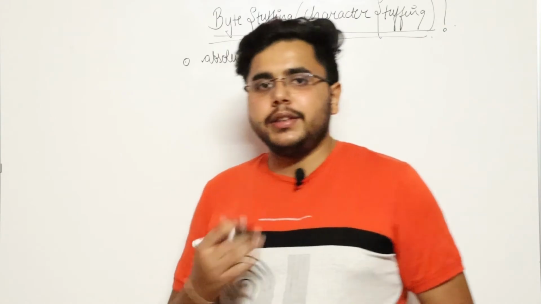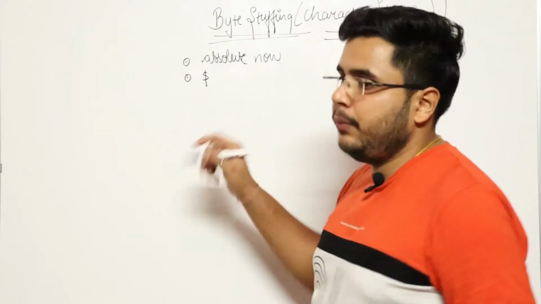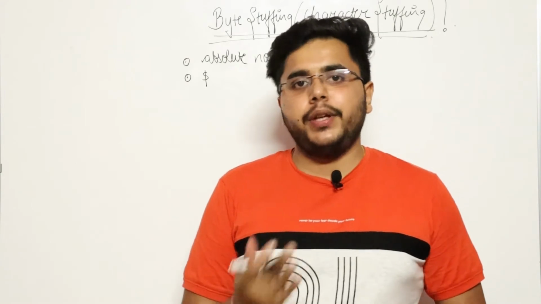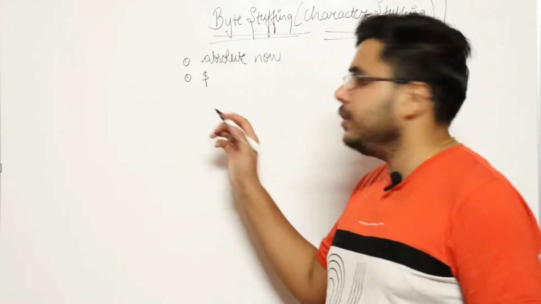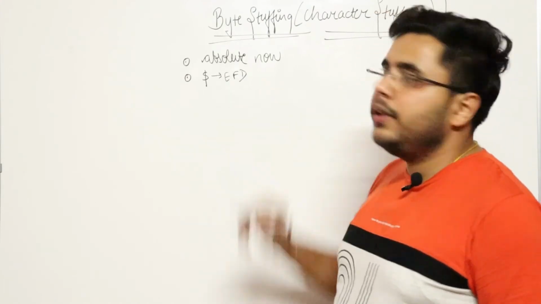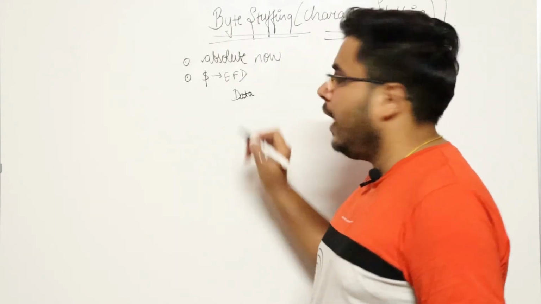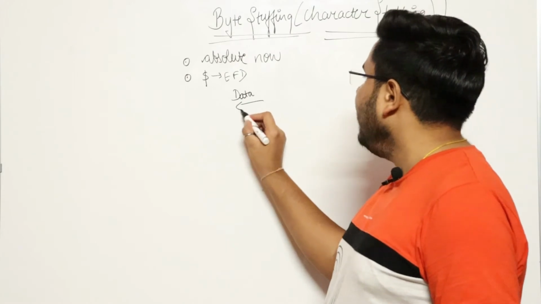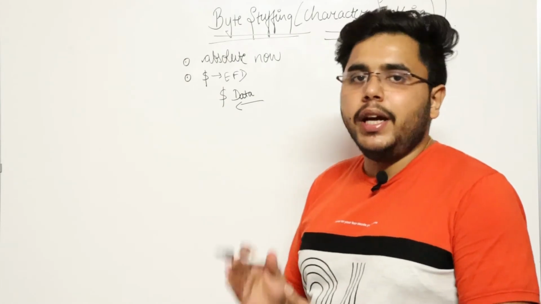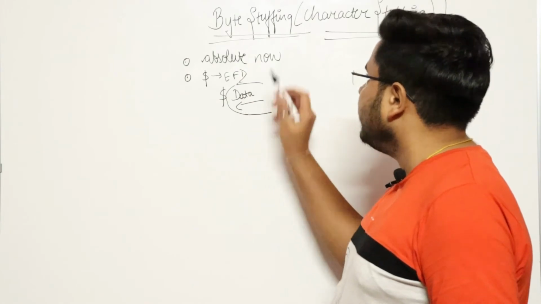Let us understand it with an example. Suppose that dollar is not there on the keyboard in those times. Actually it was there, but I am telling you this for the sake of simplicity. So we will use our EFD as dollar. Now suppose we have data like this and the reader starts reading the data, and whenever it encounters the dollar, it will understand that this is the EFD and it has to read the data till this part only. In this way it was used.